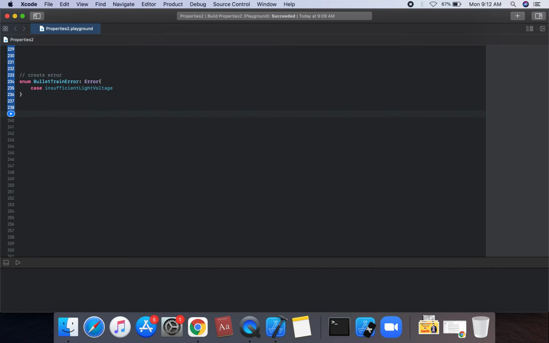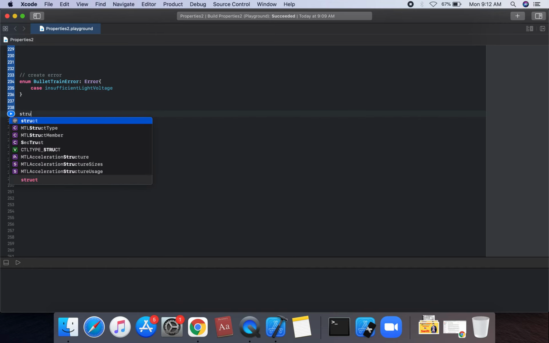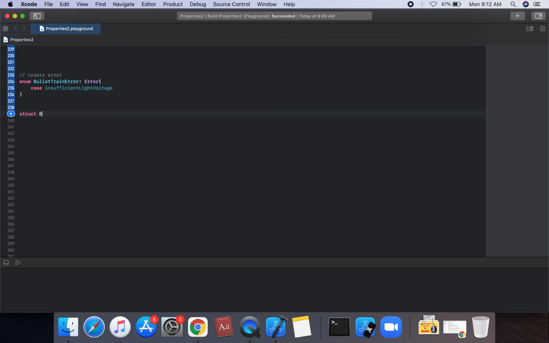Then we can use a structure. We create a structure named BulletTrain, and we create a function inside this structure.